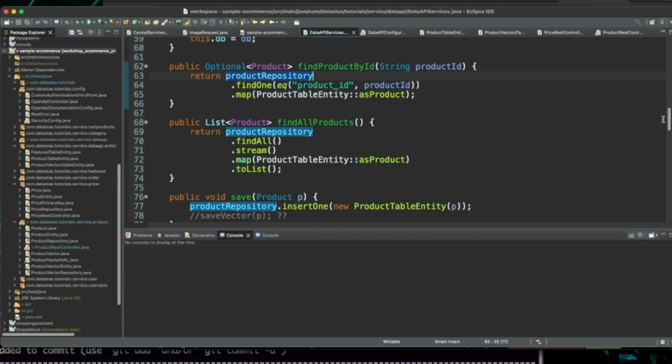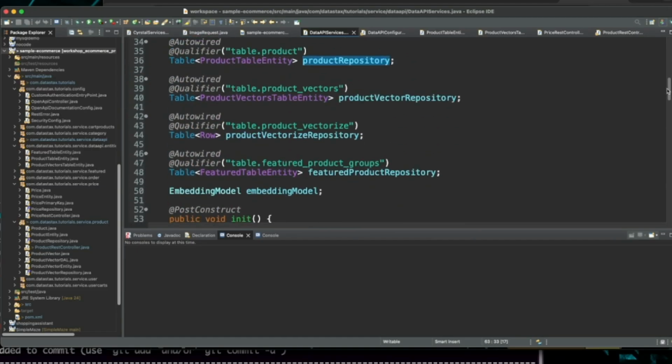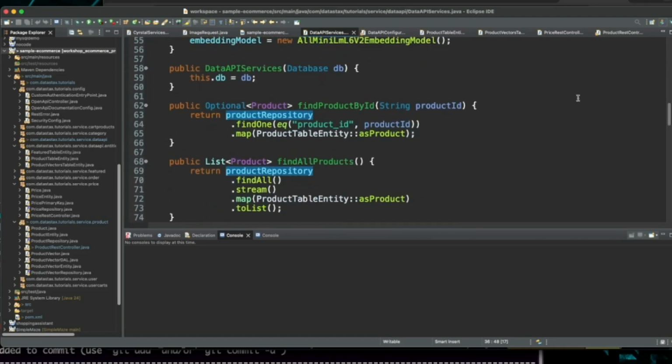So it gets a hold of the product repository, which we've defined up here, and it does a find one, using equals on the product ID column with the product ID value. And then it maps that as a product table entity using the as product mapper and sends that back as a product POJO.